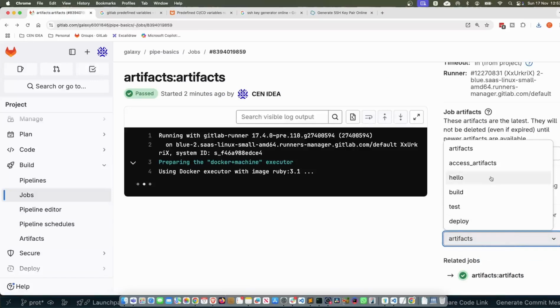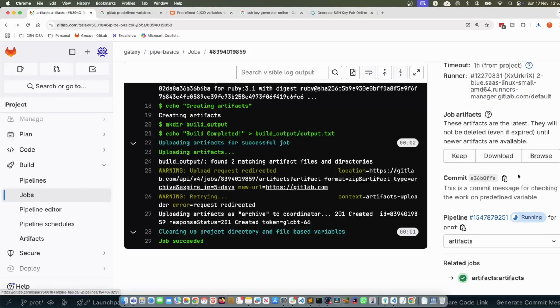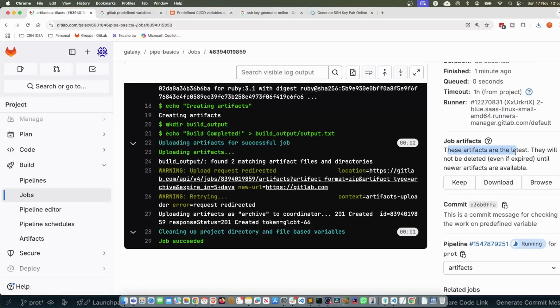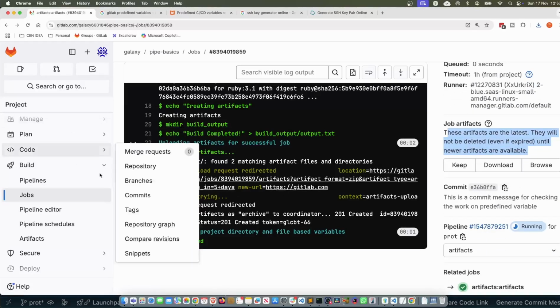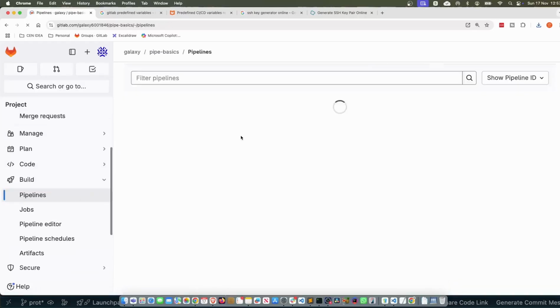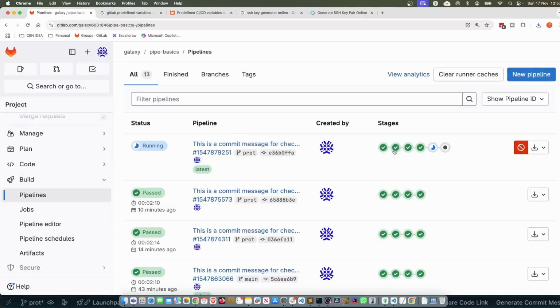Here is that artifact. So let's see if you tell. So here, these artifacts are the latest. They will not be deleted even if it expires, but it will just tell you more about this artifact really. But let's move on to the next stage now, where we want to access that artifact, which is